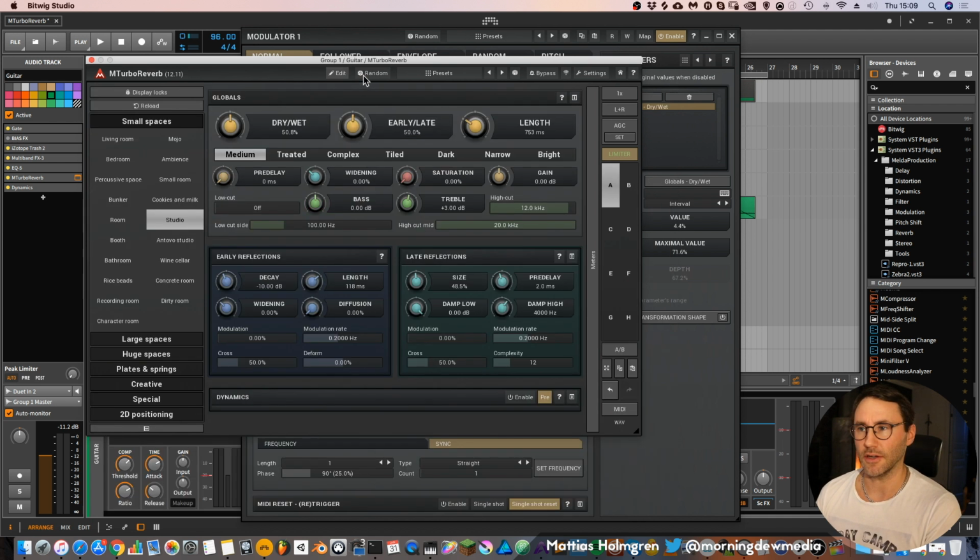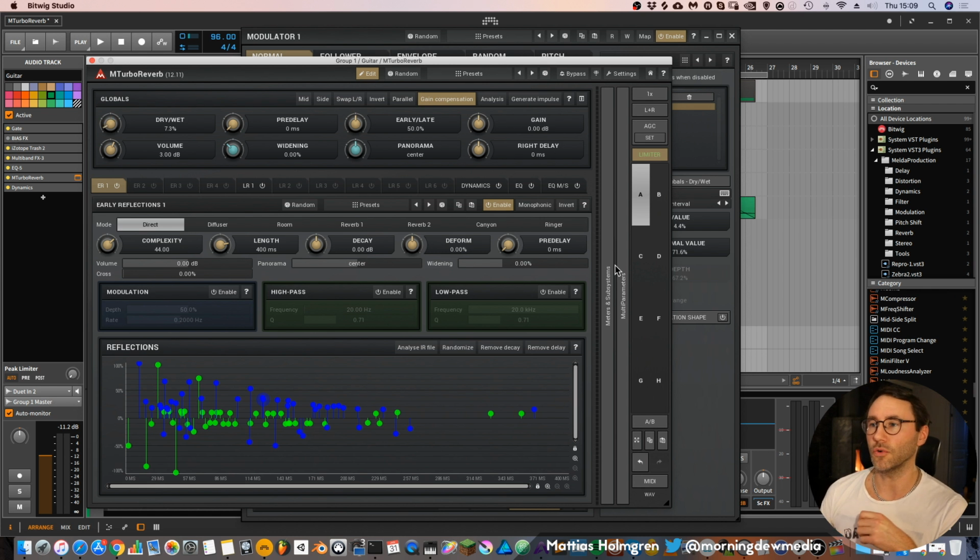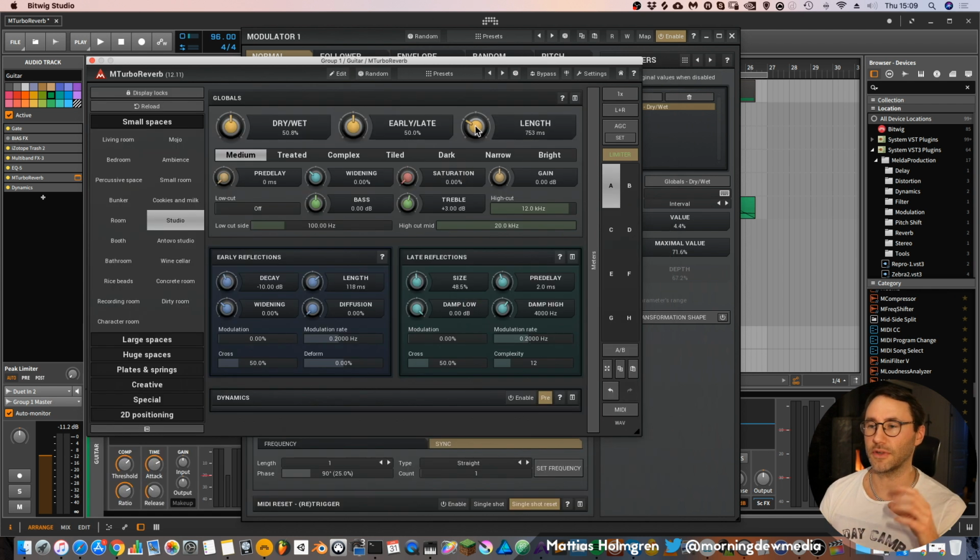So let's go back to the regular settings screen. With M Turbo Reverb, you really have a lot of options to customize your reverbs and tailor them to really fit your needs and your sound design. The light version only has this zoomed out screen where you only can see the basic settings for the reverbs. But this more powerful version is of course a little bit more expensive, but it comes with so much power that if you really want to get one reverb to rule them all, this is probably it, the M Turbo Reverb.